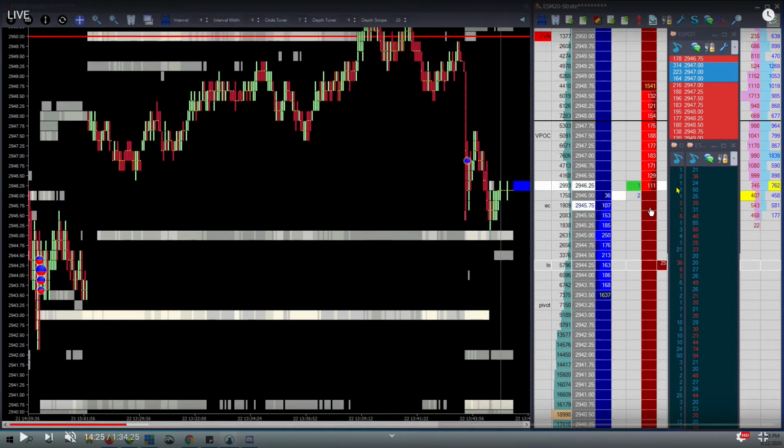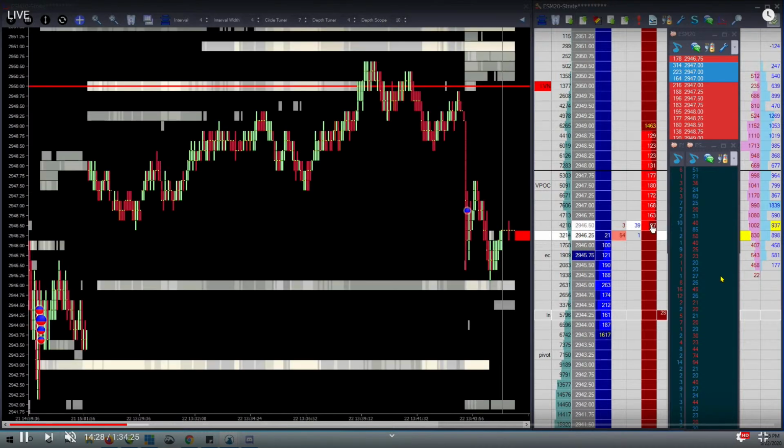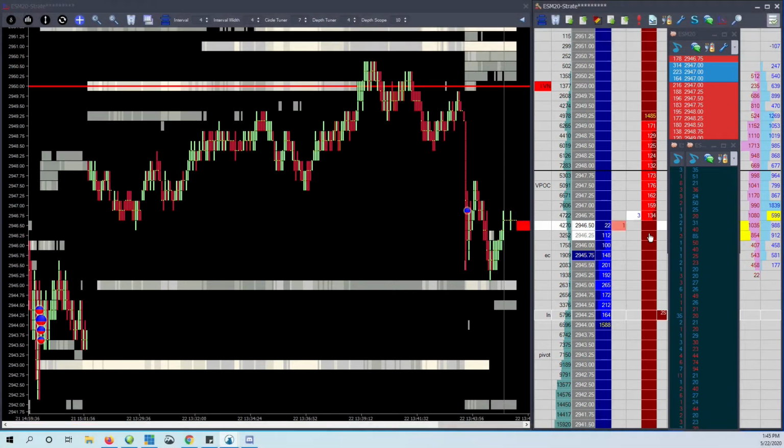Again, we did have absorption up here at one point. High probability it's going to happen again because this profile was reset, or this footprint was reset. So all this happened on this move. All that absorbing. So I want to get paid on the deal. We're having all this back ticking. I know there's not a high probability, I know there's a probability that it could roll here. It would make sense that it would roll here if it's going to roll and go through the lows. It just makes sense that if it's going to roll, it's going to roll here. So I'm going to go ahead and get paid on the first contract because